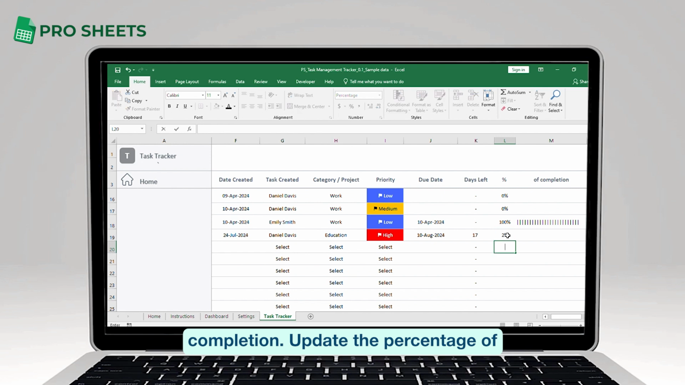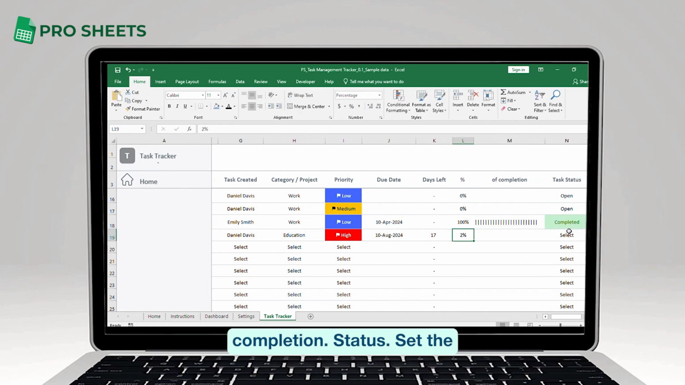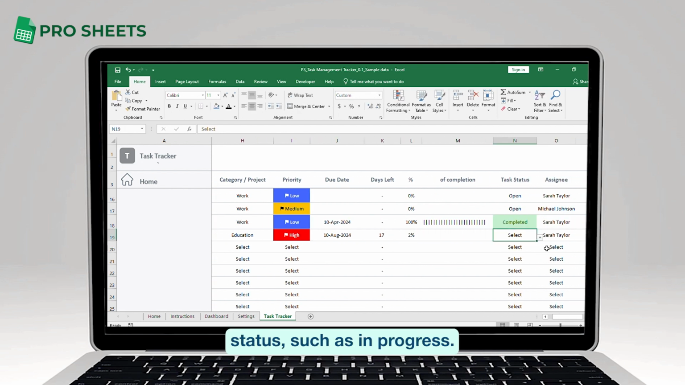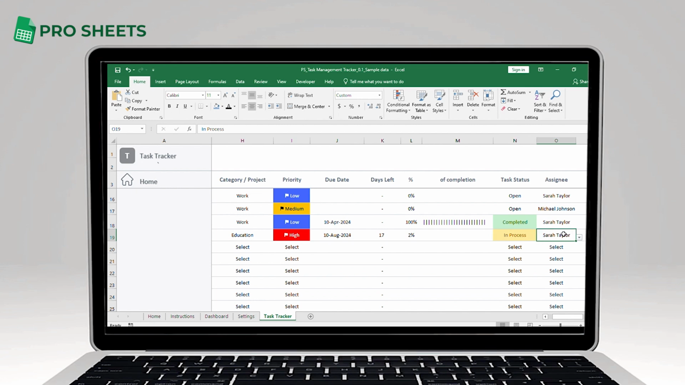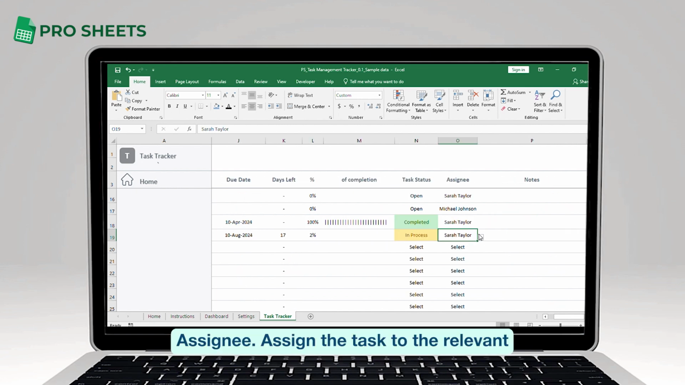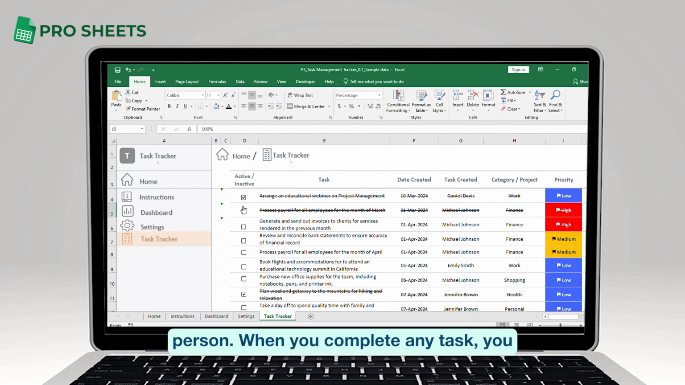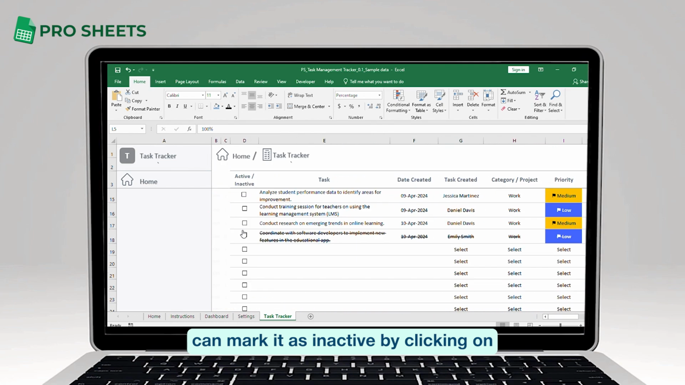Percent completion. Update the percentage of completion. Status. Set the status, such as in progress. Assignee. Assign the task to the relevant person. When you complete any task, you can mark it as inactive by clicking on the